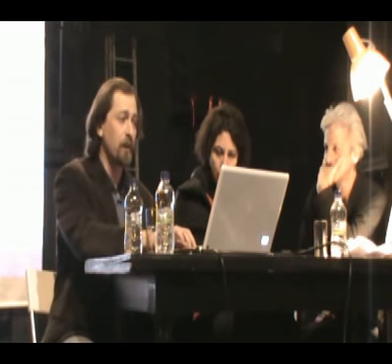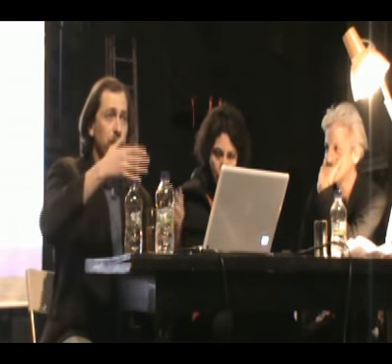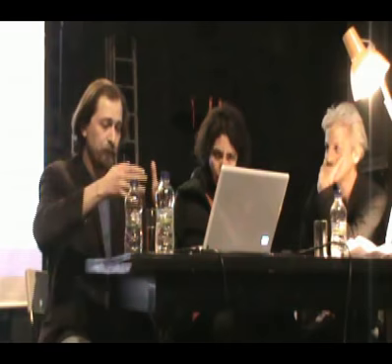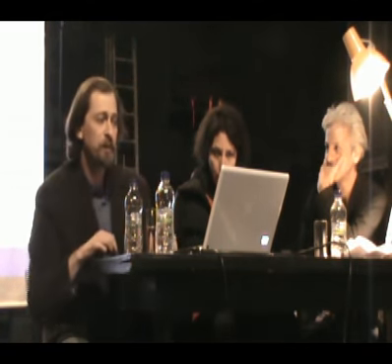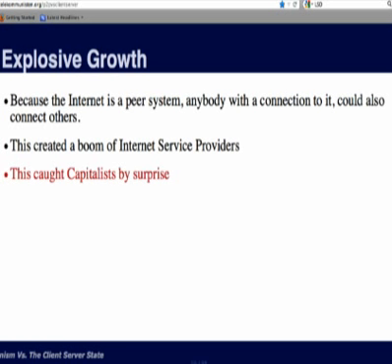messages were also sent on the CompuServe network, but they were sent only to other CompuServe users and were kept within the system. Right? Because the internet is a peer-to-peer system, anybody with a connection to it could also connect others. And so it experienced a period of explosive growth, which created a boom of internet service providers, which caught the